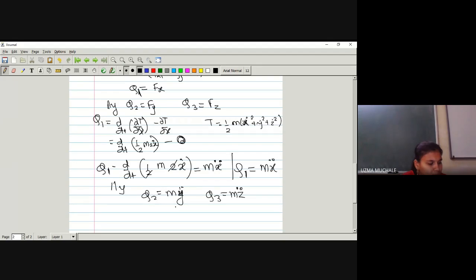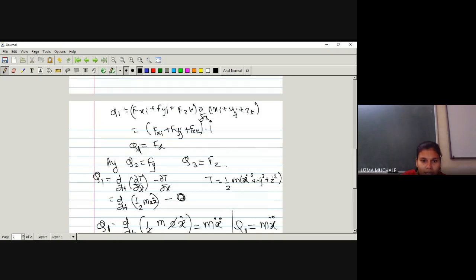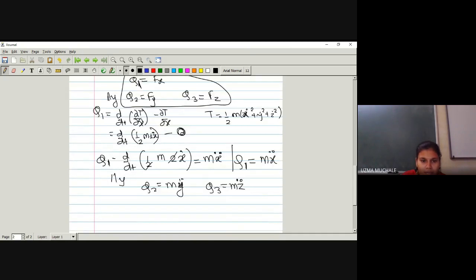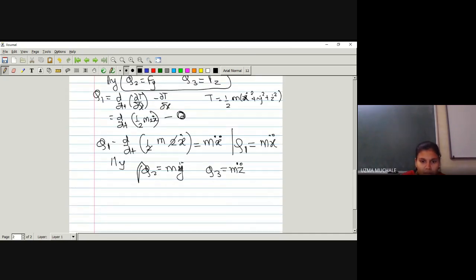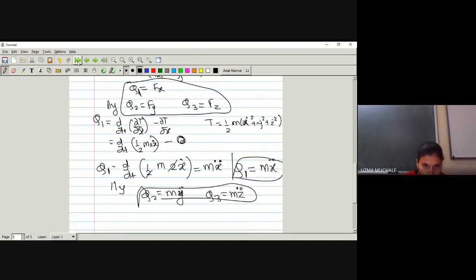So now what we have to do is substitute these values, whatever equations we have obtained here. These equations we have to combine. These are values of Q1, Q2, Q3. We have obtained Fx, Fy and Fz, and here we have obtained the values Q1, Q2, Q3 as these values. So now you have to use this equation. We got two values of Q1, Q2, Q3, so left hand side and right hand side are the same. So we can have these values.